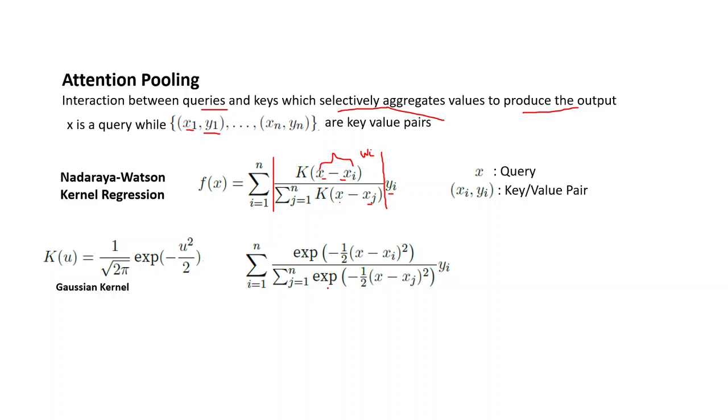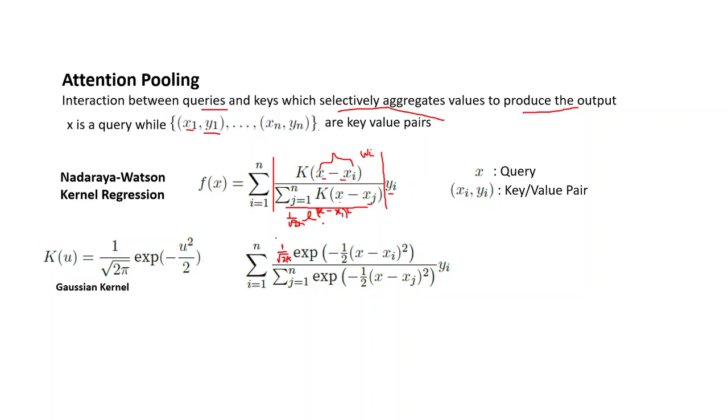If I replace this kernel with this Gaussian kernel, the equation looks like this. Now if you're wondering where is this 1 by root over 2 pi factor, let me show you where it has gone. Your numerator should have this 1 by root over 2 pi here. And if you consider the denominator, if you expand this summation term, it is supposed to look like 1 by root over 2 pi e to the power minus, so your xj starts from 1, so x minus x1 whole square